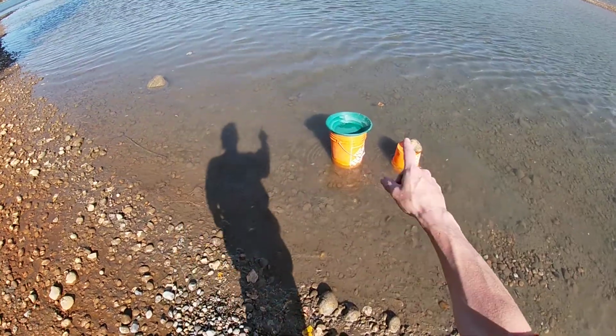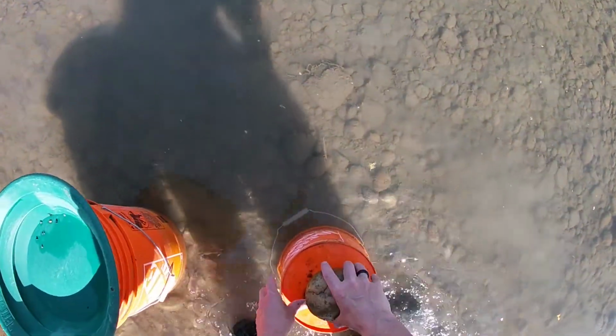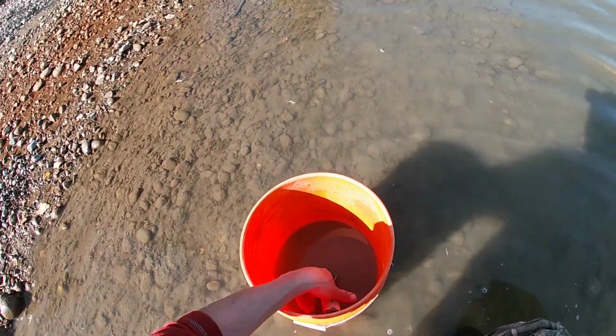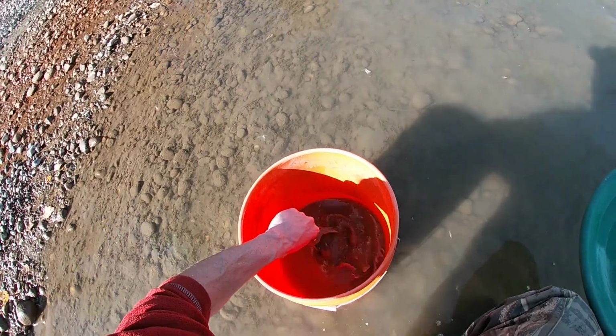My pan is on top. I have my small shovel in the bucket. So once I get here, just take my rock off, sit down on my seat. This is now my panning position. Over here I have my pan, bucket with concentrates. I like to leave a little bit of water in here just because it makes the sand a lot easier